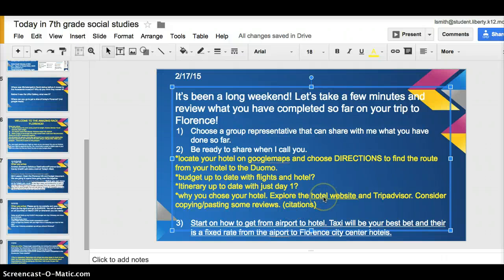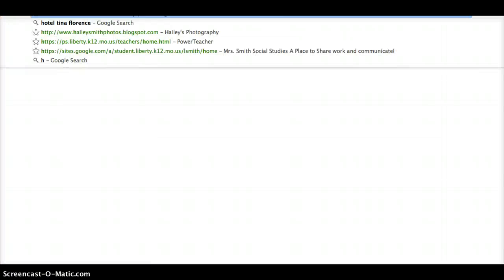Another thing that you need to consider is why you chose your hotel. So I want you to be sure to go to your hotel website, and many of you are not. You're getting all your information from TripAdvisor or Expedia. You must go to your hotel website. So I'm going to go to Hotel David,